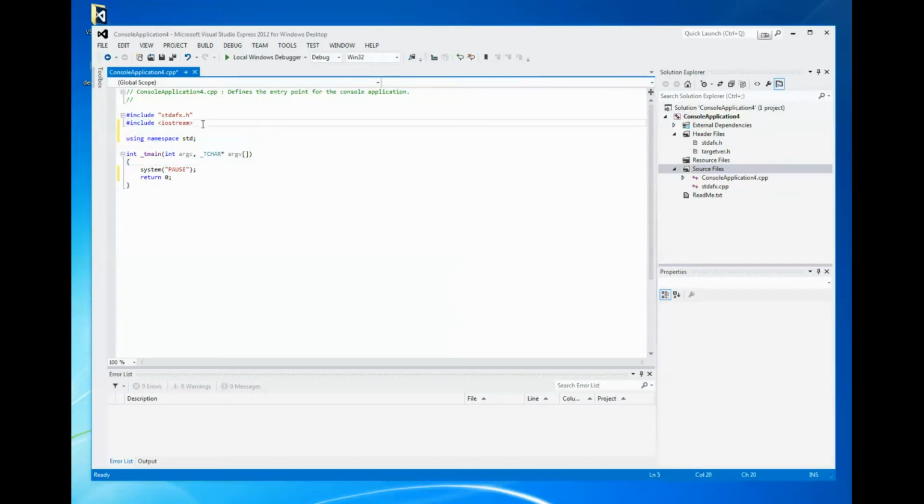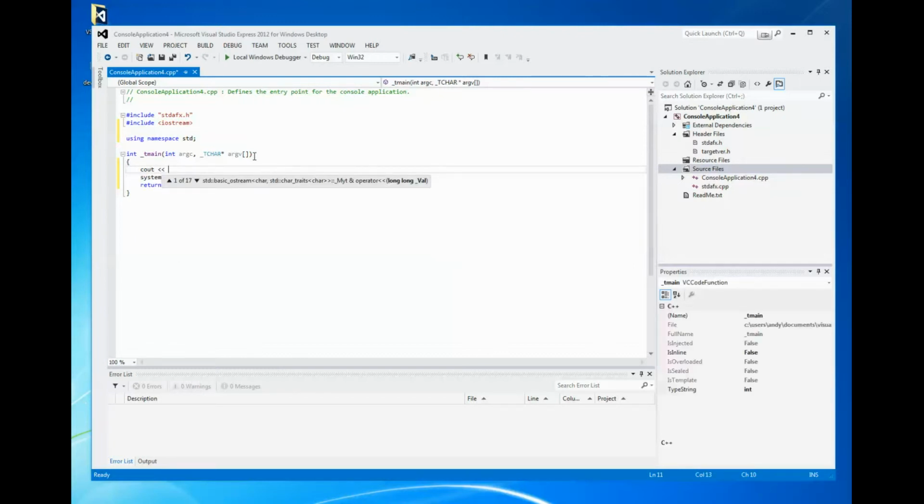This I'll explain more later on, but this is what lets you input and output information to the screen and into the program, and this just lets you use commands like cout and cin. Again, I'm obviously going to explain this a lot more in depth later on, but I want to make sure you're up and running. So type in this exactly,